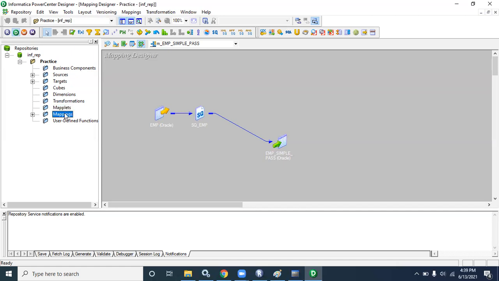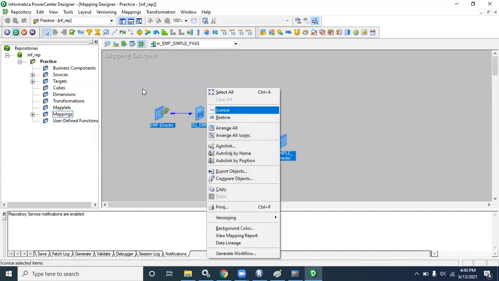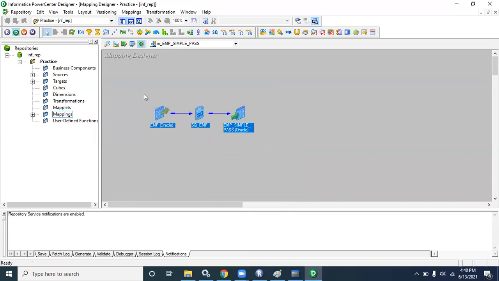And mapping is the key concept of Informatica. Mapping is the main ETL program where you can find source, target, and transformation. Mapping is called a program, the ETL program in Informatica, where we can embed source, target, and all types of transformation.